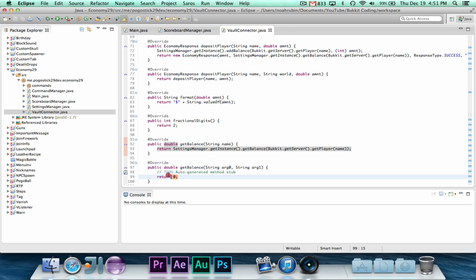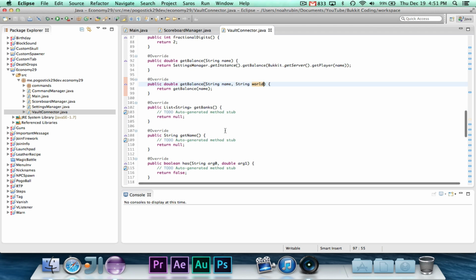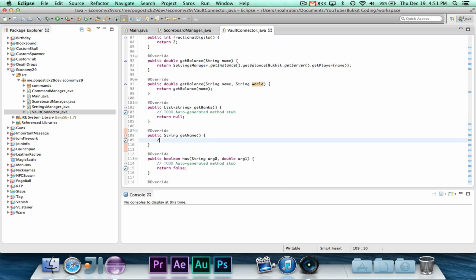And then here we can just say return get balance name, and this would also be name and world. Public list string get banks, we're going to ignore that because we don't actually have banks. And for name, we're going to return economy.